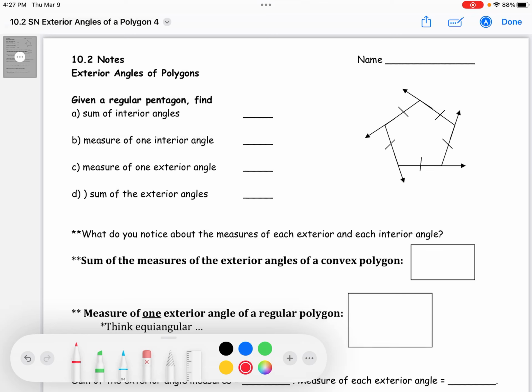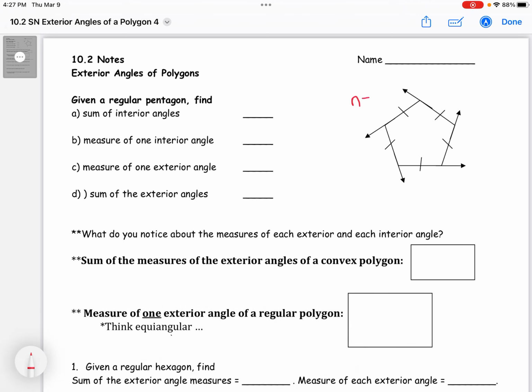We are doing 10.2 notes, exterior angles of polygons. So we have over here our regular pentagon. Pentagon means 5 sides. And you'll remember from 10.1, the sum of the interior angles is 180 times n minus 2. N is the number of sides. So for this one, we have 180 times 5 minus 2, which is 180 times 3, which is equal to